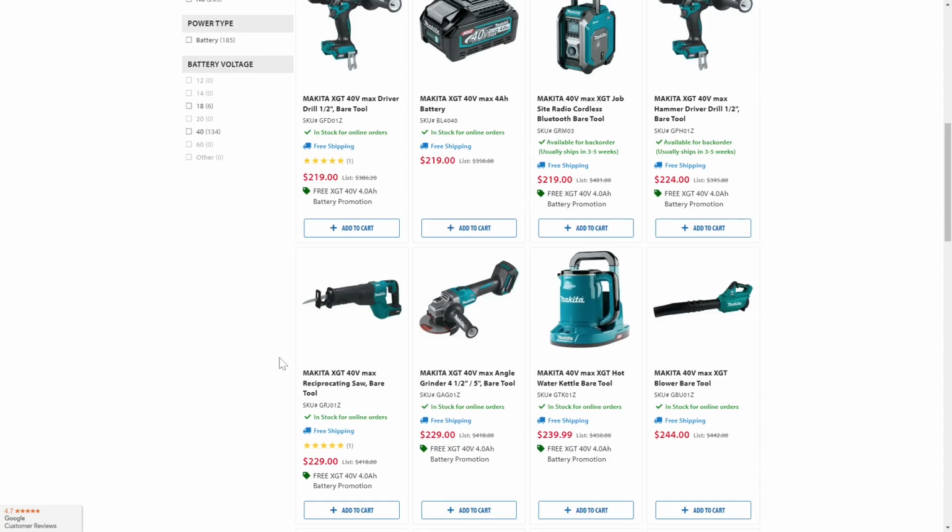I got it on Amazon. It was one of the first places that had it. And it came with a 4 amp hour battery, a charger, and of course that reciprocating saw. It's been absolutely fantastic. No issues at all. I love it. But there's been a lot of competitors coming in at similar performance for way, way